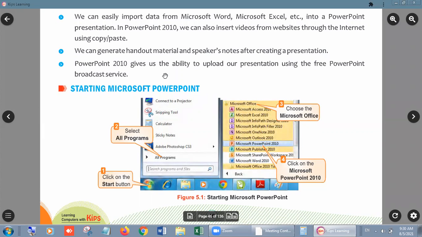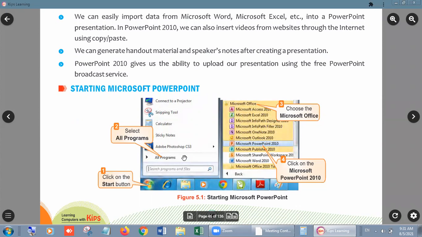Okay, so now starting Microsoft PowerPoint, how we can open Microsoft PowerPoint. Let's start. First of all, click on start button. Side by side, I will show you. First of all, click on start button. Then one menu will pop up. Then you will select from this list, the all programs.